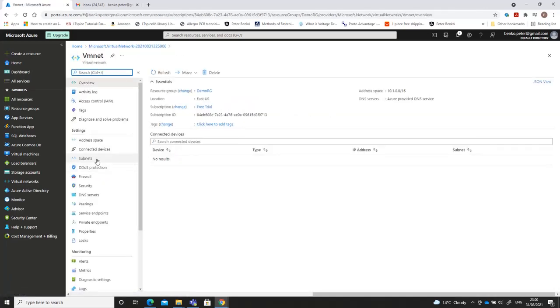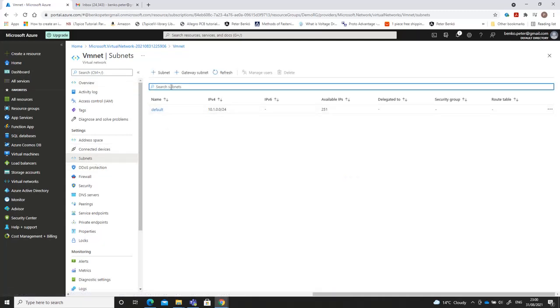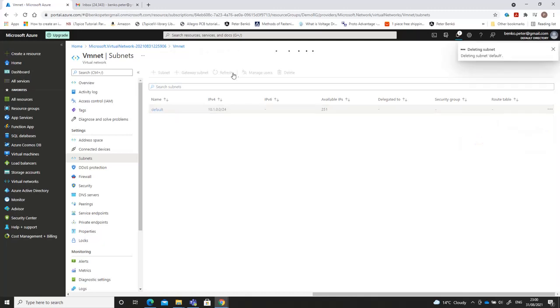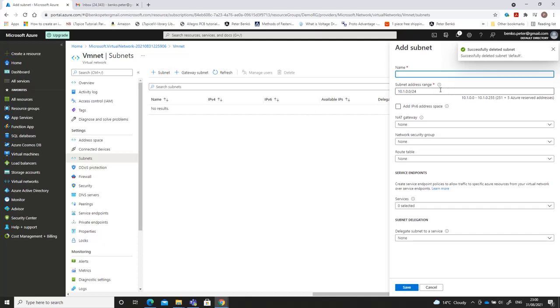So you go here, create subnet. We can delete this default one, right? And just create subnets, public and private. Right, so we create subnet public one, and it can be